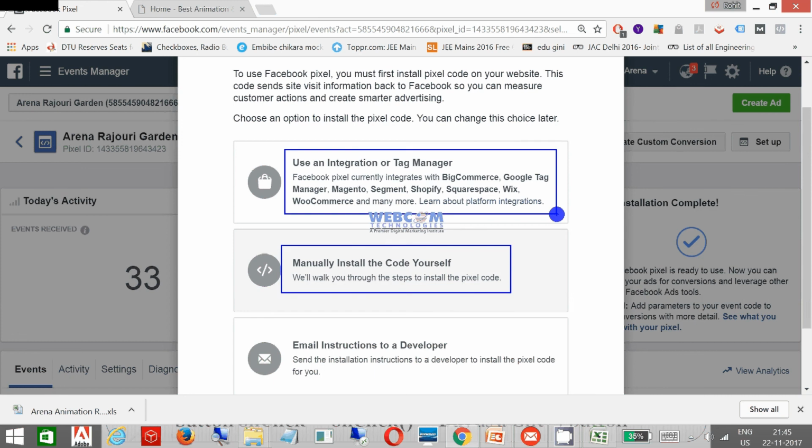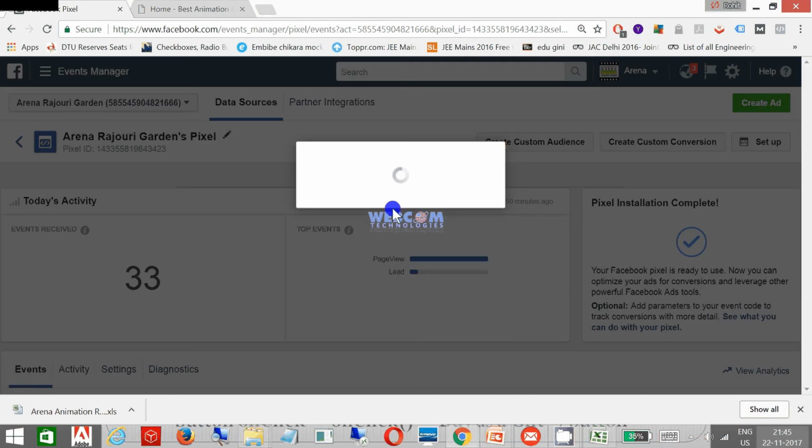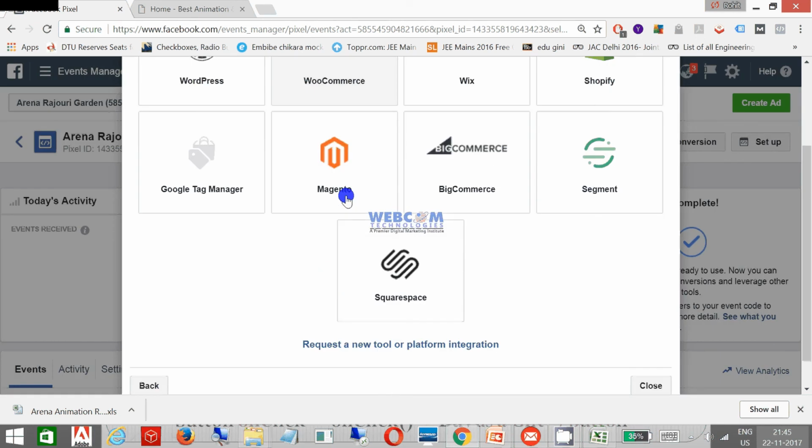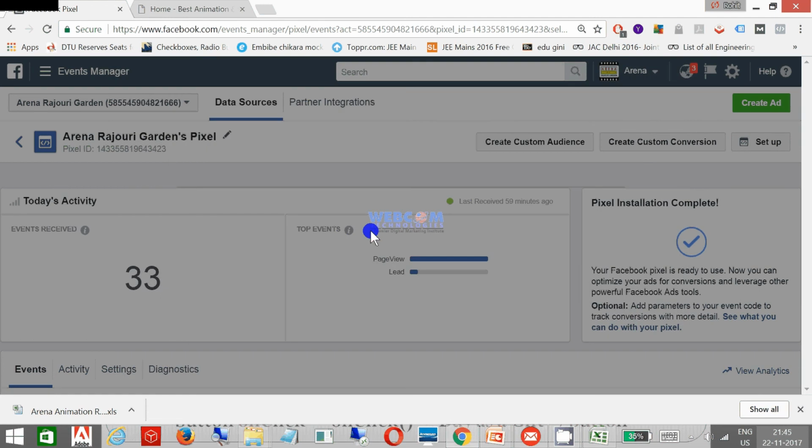I've already shared a video tutorial on how to implement the pixel and a Google conversion code through Google Tag Manager, or through a manual process. I can show you briefly what the code is. If you use Google Tag Manager, you can use the manual instructions,